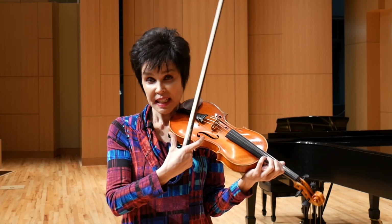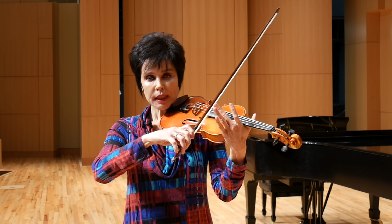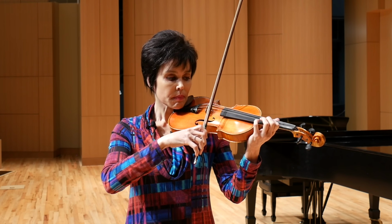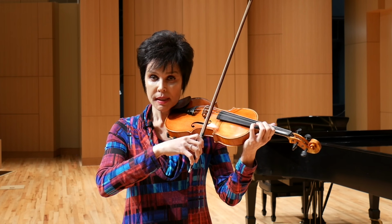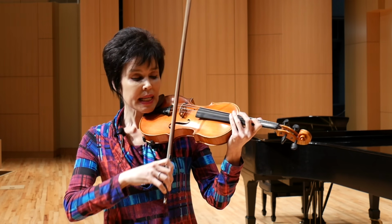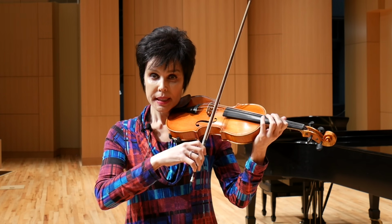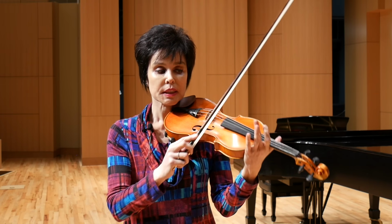You don't want to have that sound, okay? It's not very good quality. So what I am doing here, I am landing on the string. You can say throwing a bow, but from very, very small distance. But then also the bow slightly helps me by having a little bit of the bouncing quality in the stick